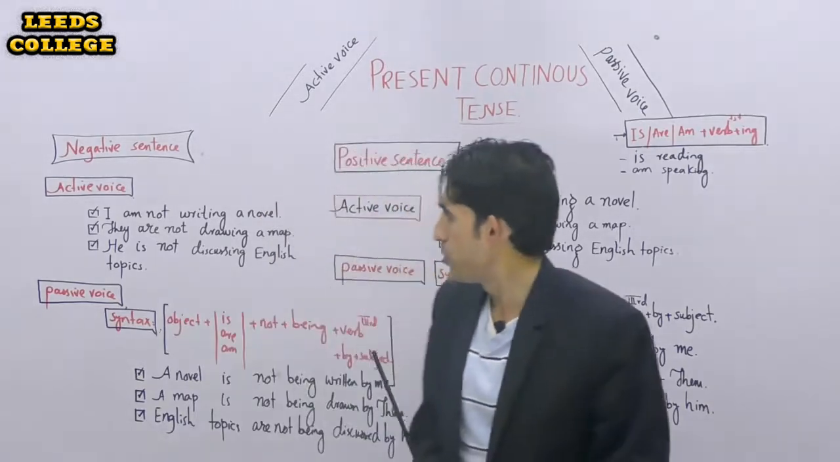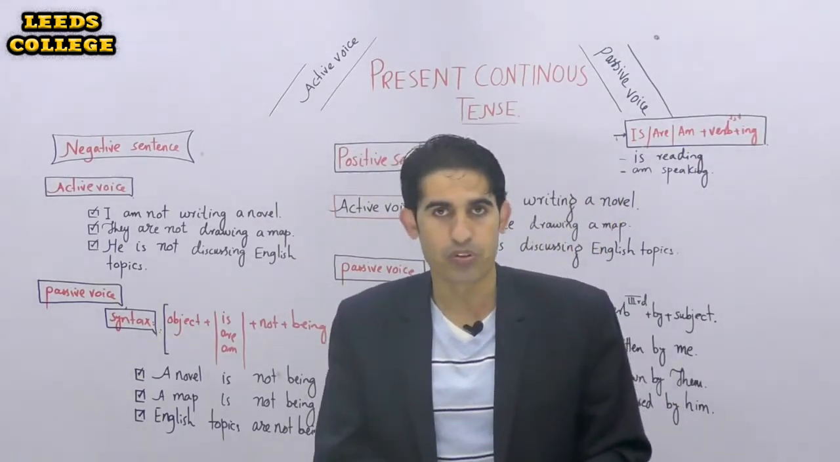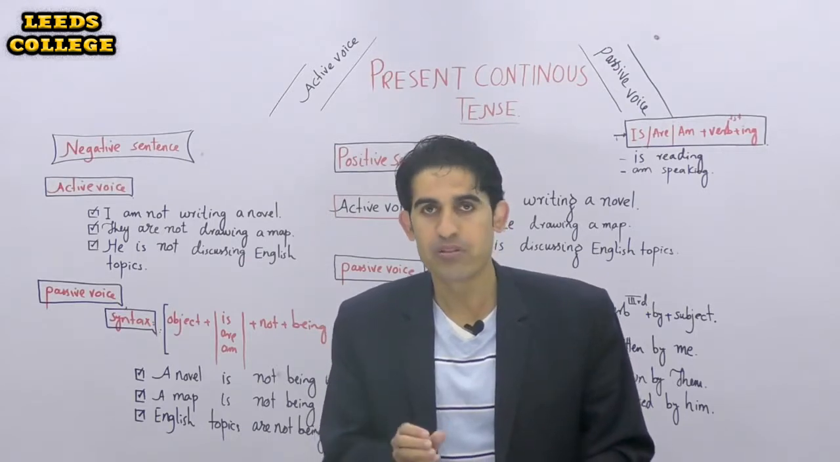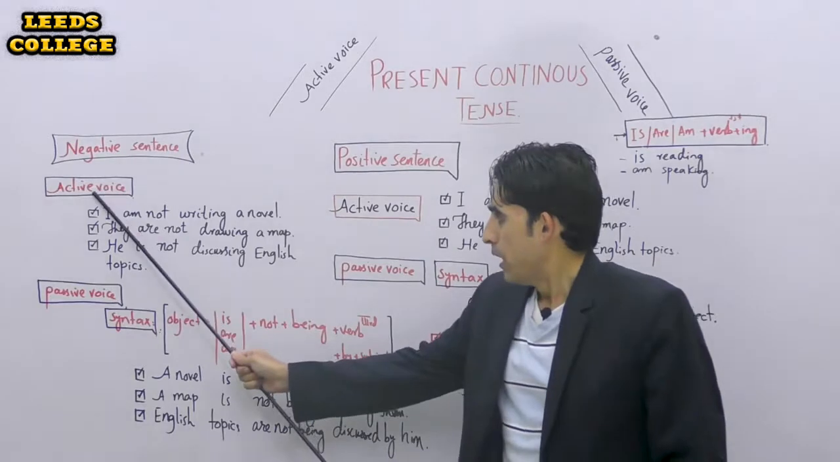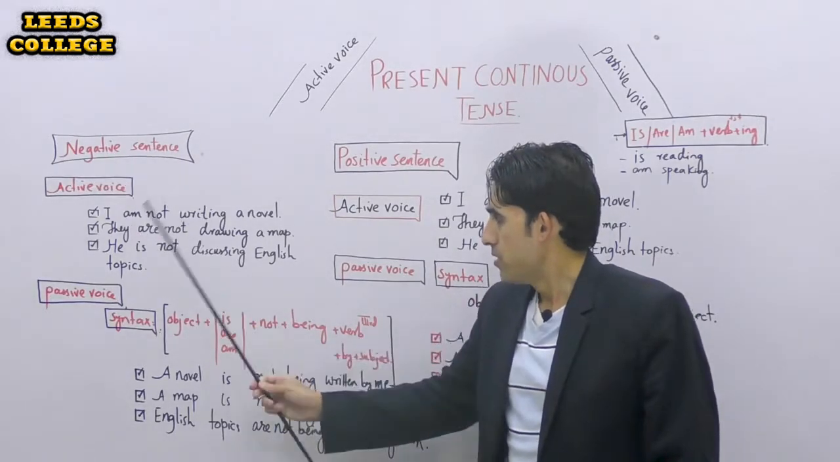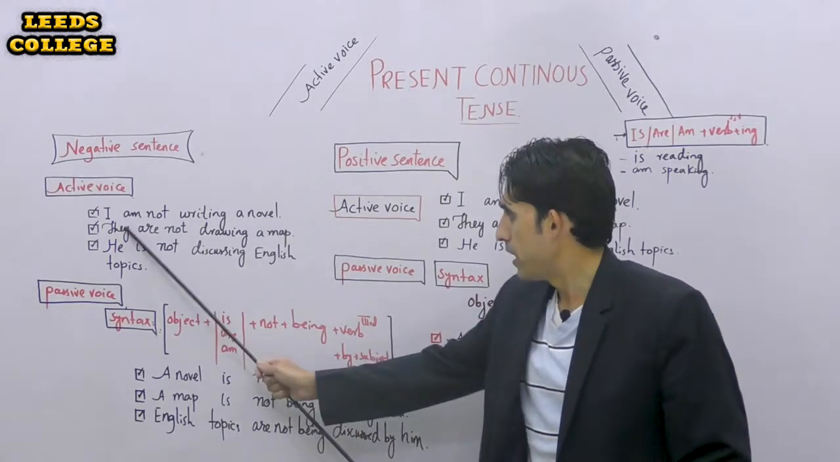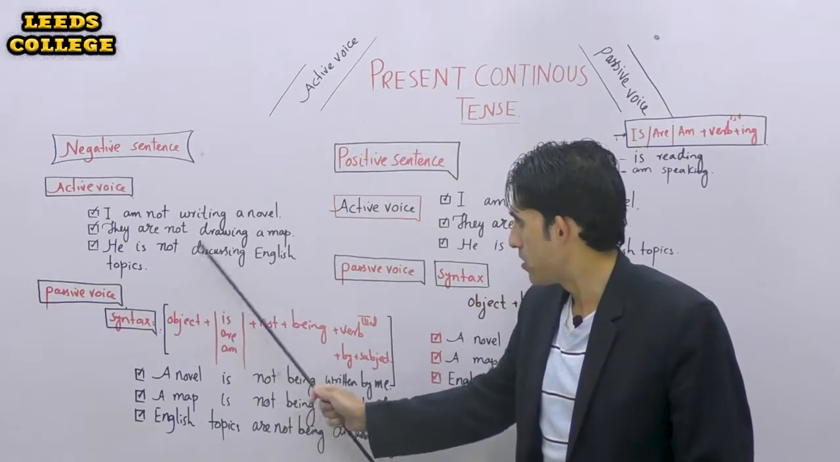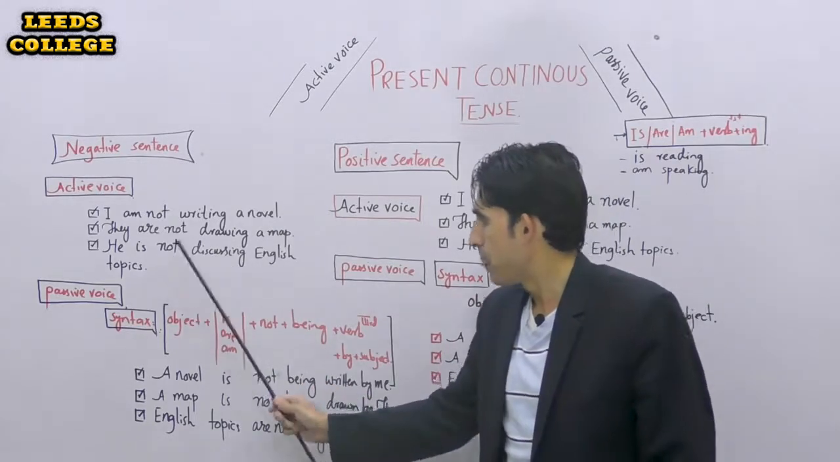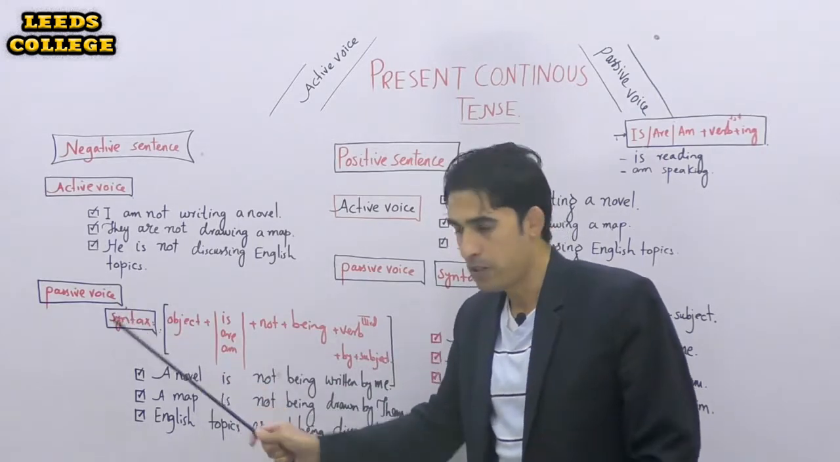Now coming to discuss how we change the negative active voice into passive voice. I have listed three important cases. I begin from the first one. Active voices of the negative sentences: I am not writing a novel, they are not drawing a map, he is not discussing English topics. Now I am going to change each of these active voices into passive voice,